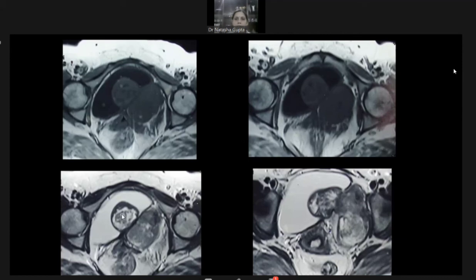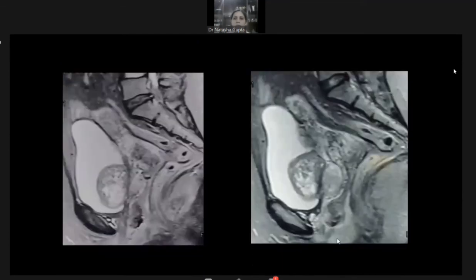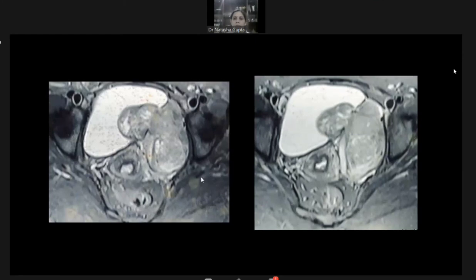Otherwise, we can see that it is again a well-defined mass and heterogeneous, which we could make out on CT as well. And the planes are even better seen, as you said, the maintained perivesical fat planes can be seen. Again, both the intra and the extravesical components are seen. And this is the last image, axial image, which just again shows you the morphology of the mass in a better way, right? So what is your final diagnosis or final differential diagnosis?